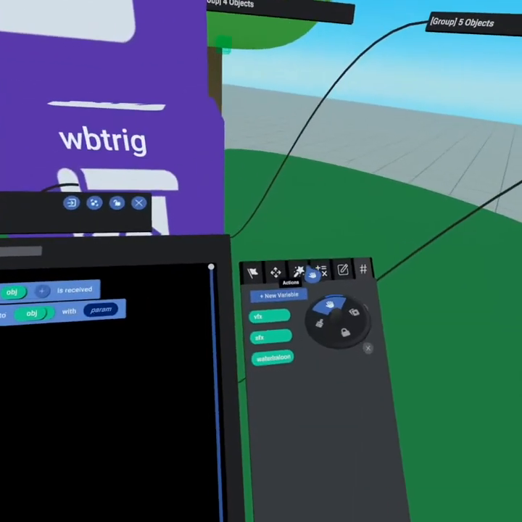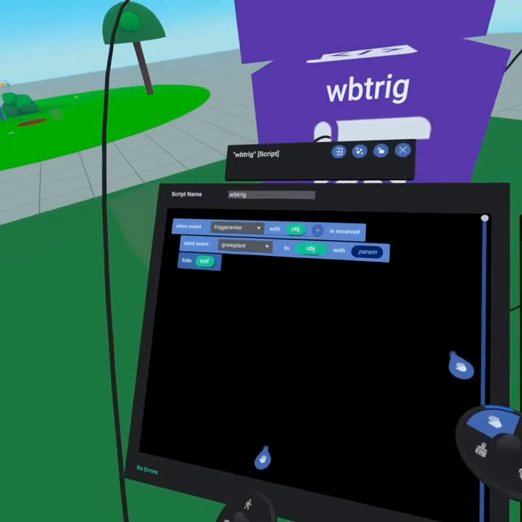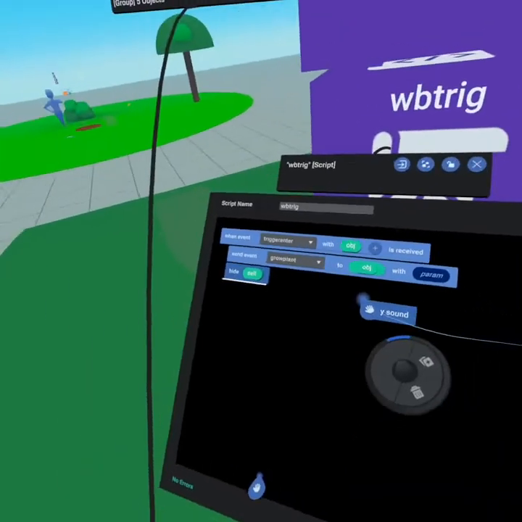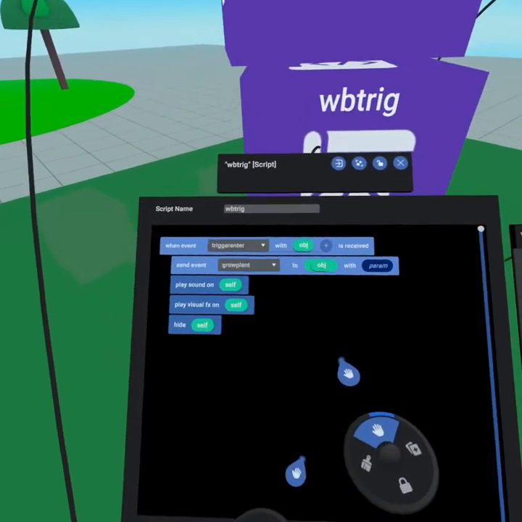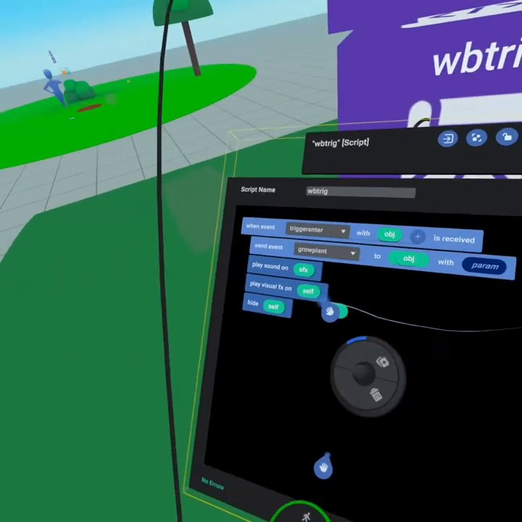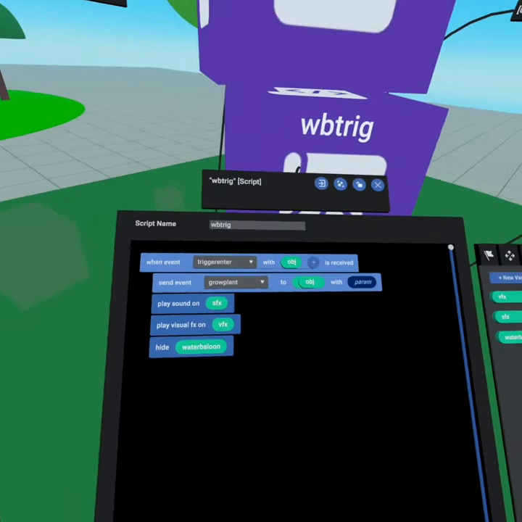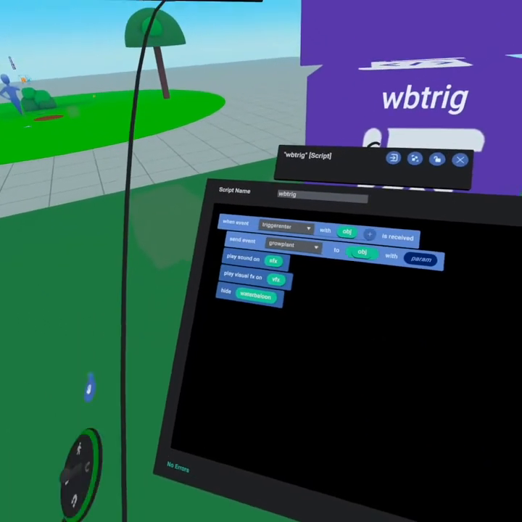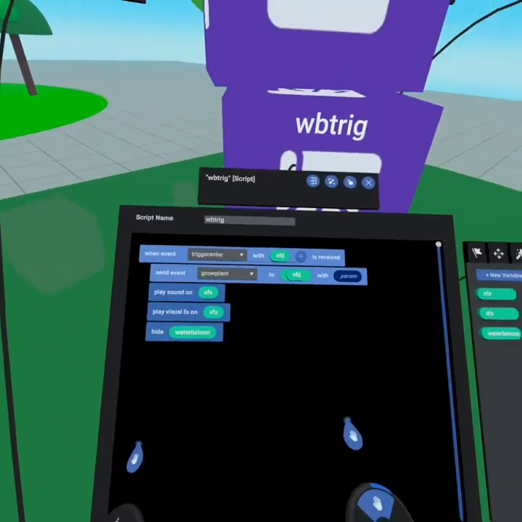Okay, so now we want to hide object, we want to play sound, we want to play visual effect, and let's go trigger these in. So play sound effect, play visual effect, and hide the water balloon. So this will hide all of the elements inside the water balloon. So as soon as it hits splash, and we're done. So then we send event grow plant to the object,